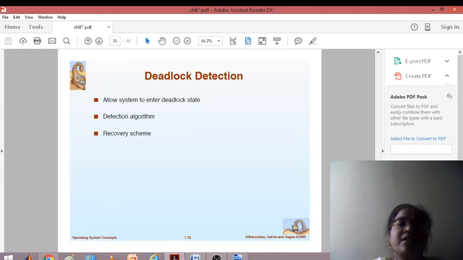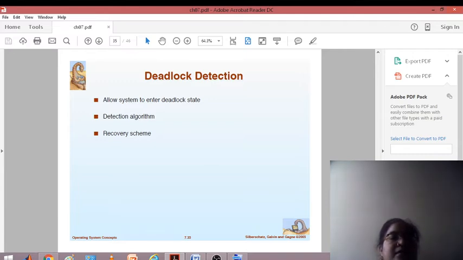We have seen how deadlock prevention and deadlock avoidance are done. In deadlock prevention, we saw the four basic characteristics; if you break any one of them, deadlock will not occur. In deadlock avoidance, we saw how to avoid a deadlock: by seeing the graph algorithm you can find a deadlock, how to use the Banker's algorithm, and how to use a claim edge to check whether a request can be granted or not. If there is a cycle, in future you may have a deadlock.